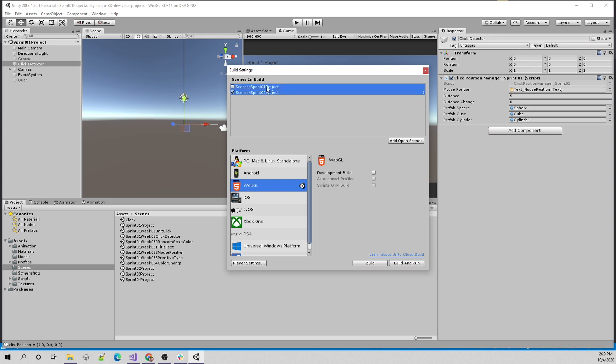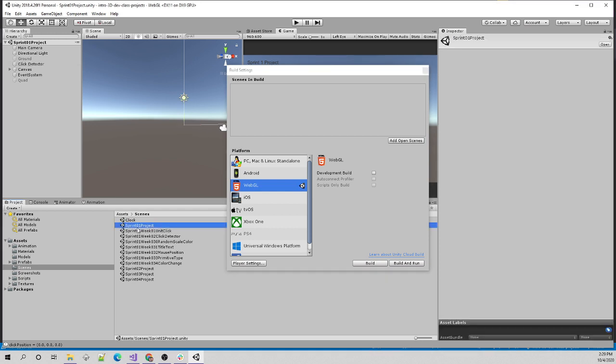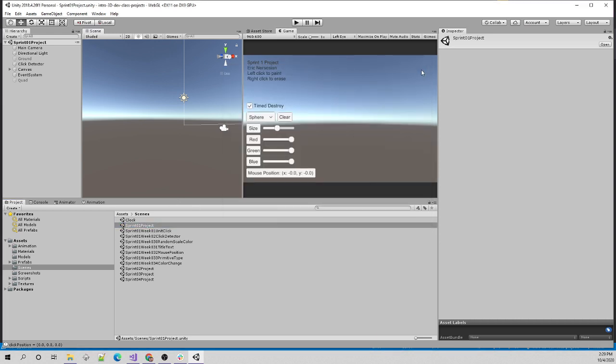So you can just click these, you can hit delete, whatever. You can find the scene that you want, which is this one. Or there's also a button, add open scenes. I currently have it open, so I could just click this button. There it is. You can delete it. Or you can just drag it in. There you go. You have to be very specific every step of the way. All right, and that should fix anyone's having those